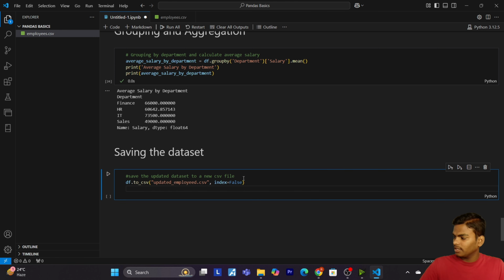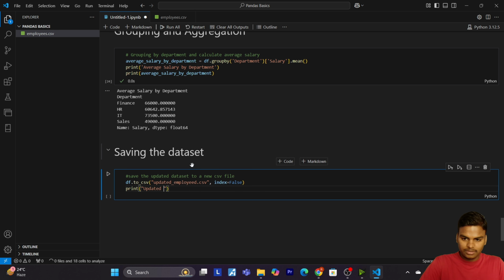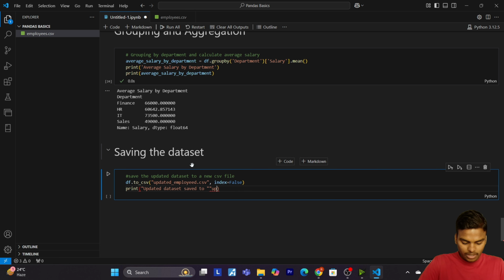So now let's write print updated data set saved to updated_employee.csv, okay?